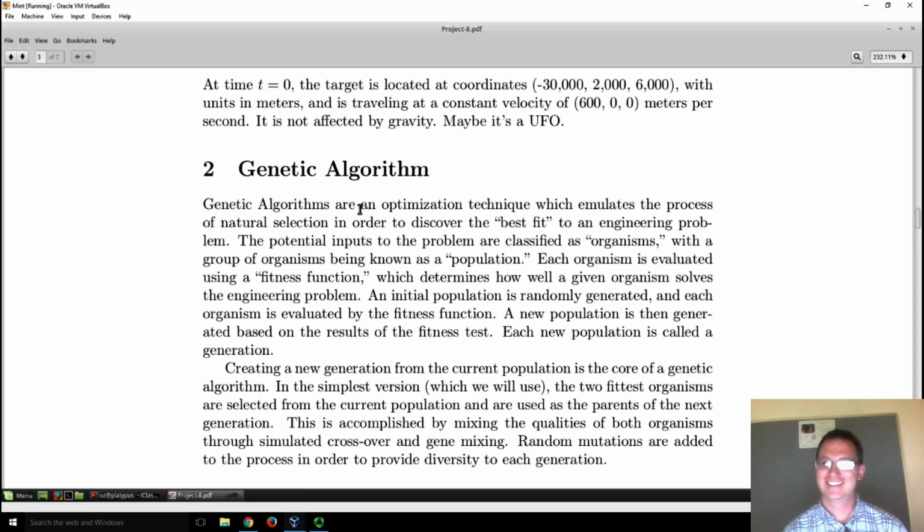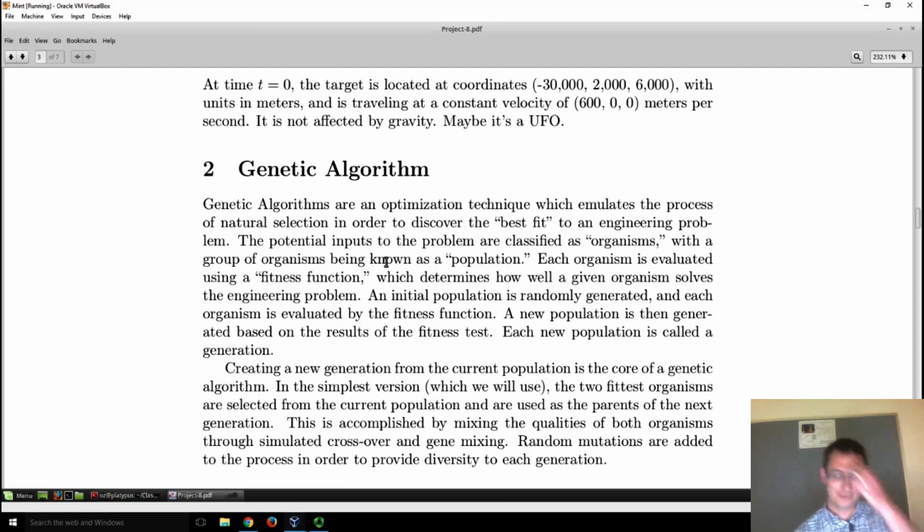But they work really well if you're putting pieces together. If you need to know, does the engine work best with this component or this component? Because then you can't use Newton's method because there are no numbers to solve. You're just picking things. And so a genetic algorithm is really good for problems like that.